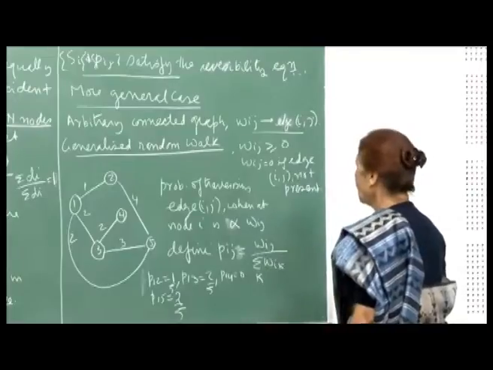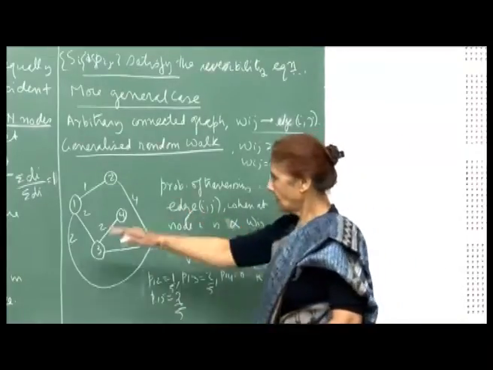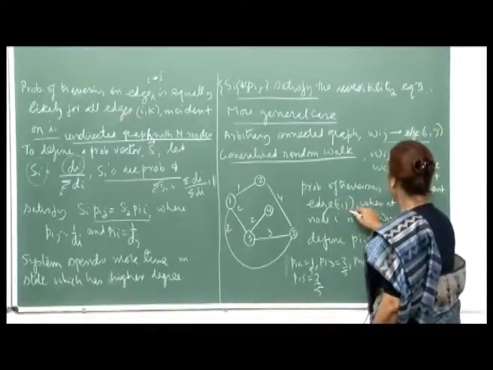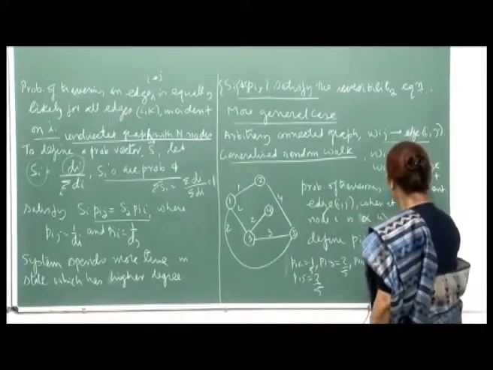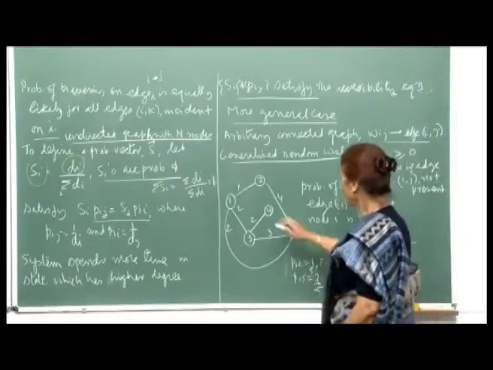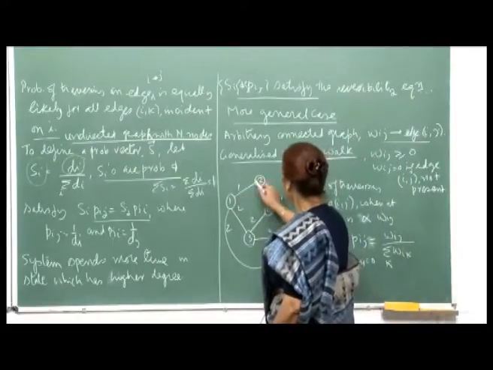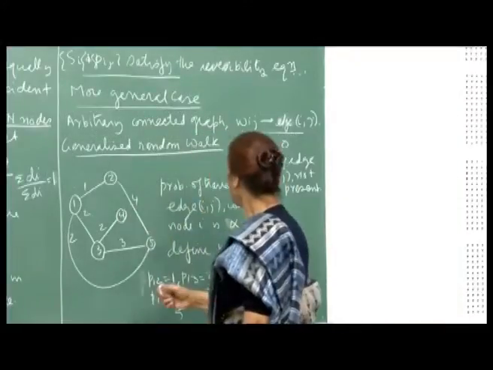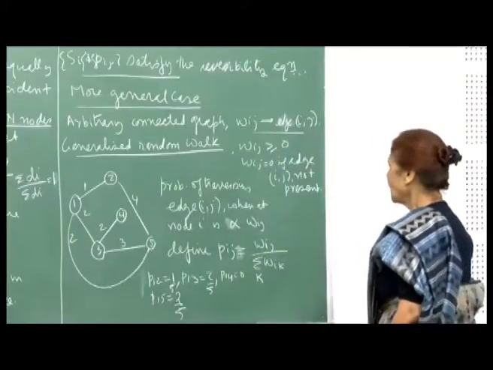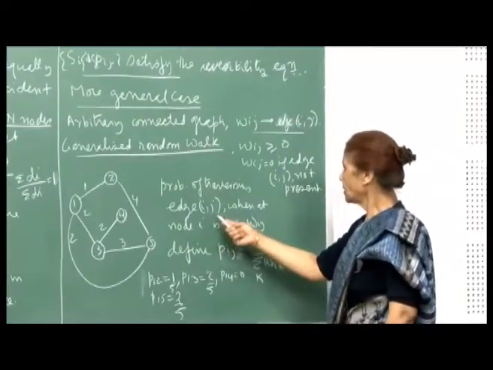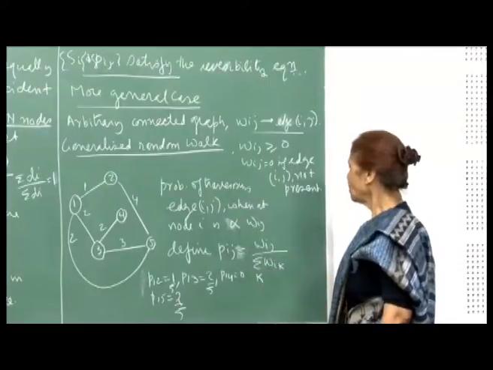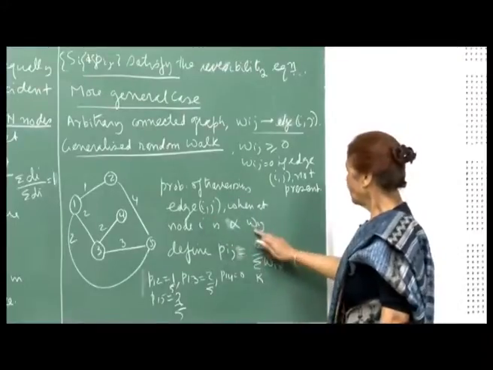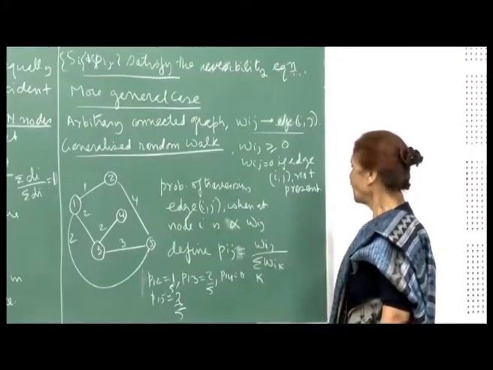Now, what we will say is that again we want to generalize this concept. So, what we will say is that the probability of traversing an edge i j when at node i is proportional to w i j, let us say. So, I have shown you the weights here, right. For example, edge 1 2 is 1, 2 5 is 2, and so on. So, I have given you the weights w i j, right. And now, what we are saying is that the probability of traversing the edge i j is proportional to w i j. So, obviously, because these are integers, they cannot be probabilities. So, I will have to normalize them.